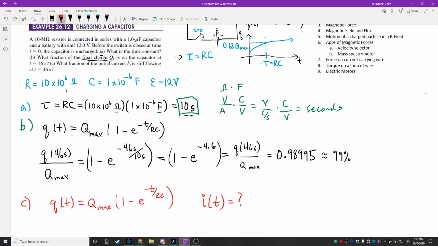Take the derivative, yeah. The derivative of the first term is going to be 0, right? You can take the derivative yourself for this, see what you get. I believe what you're going to get is